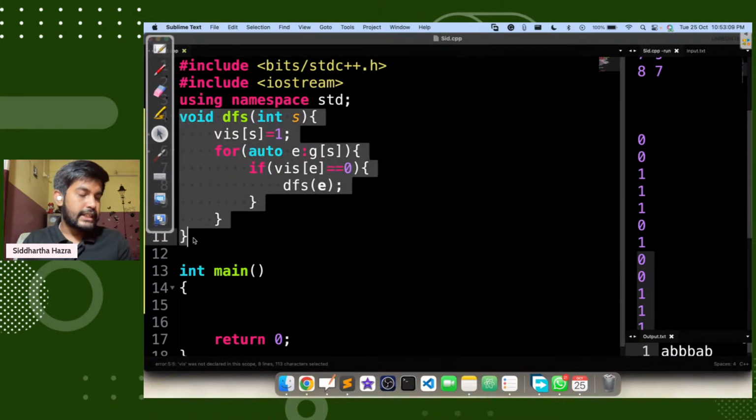Then we would be discussing the connected and disconnected graph, connected components and all. Quickly give me a one in the chat. Okay. Quickly give me a one. Then we would start the next thing.